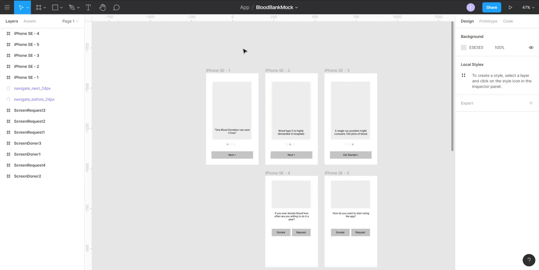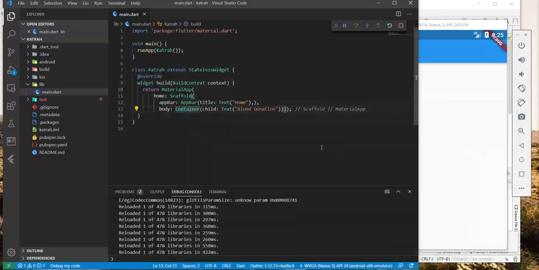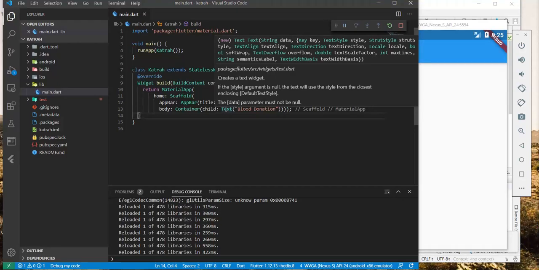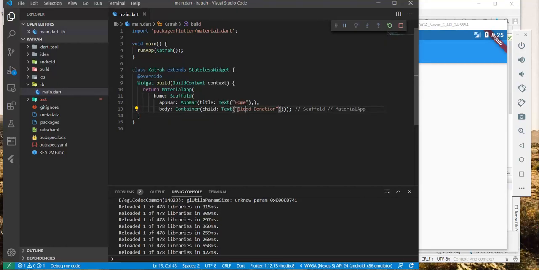Let's create this sketch. Okay, so let's implement this now, really fast. One thing I like to do, before I even start implementing and adding the necessary widgets, is to place them together. In this case, let's call this widget an image. So we need to have an image, and we also need to have